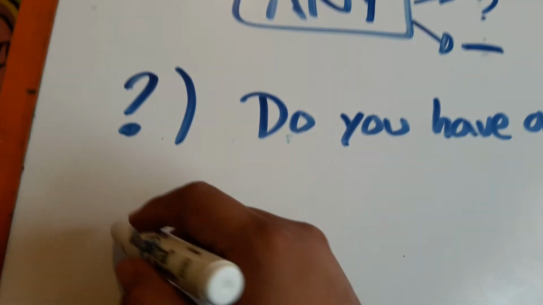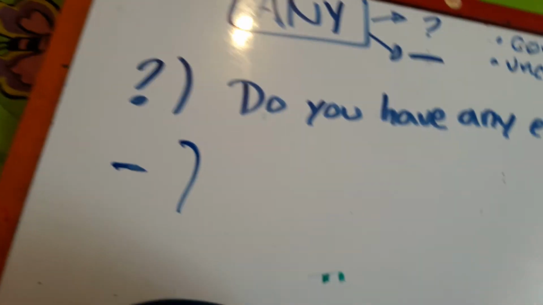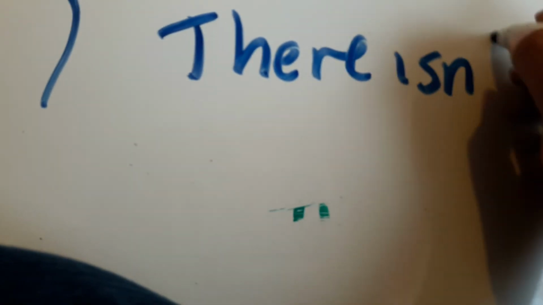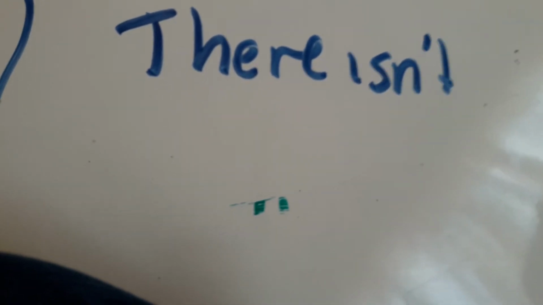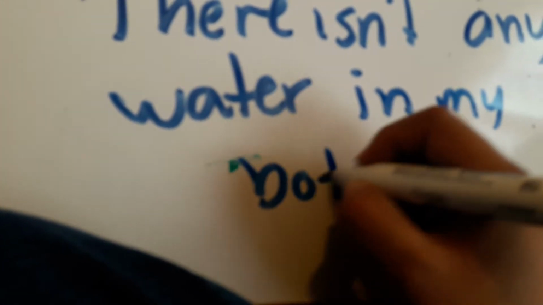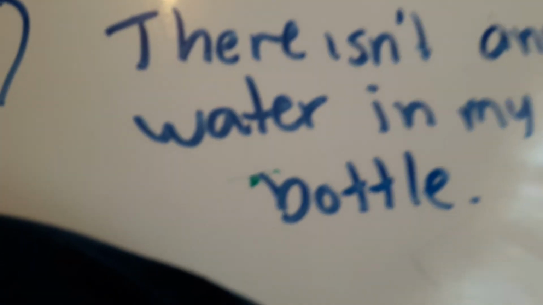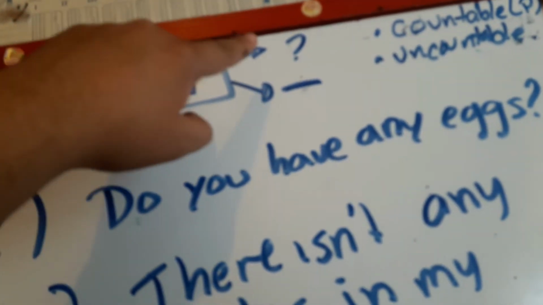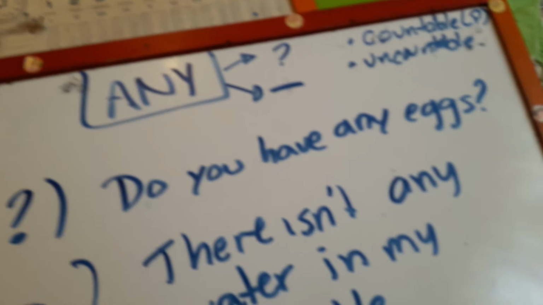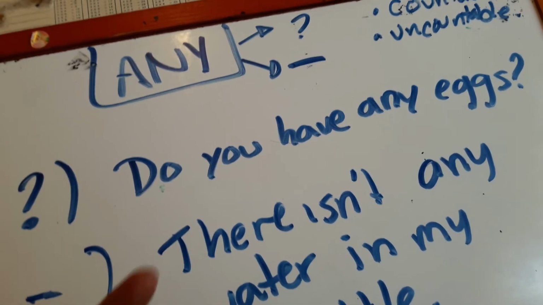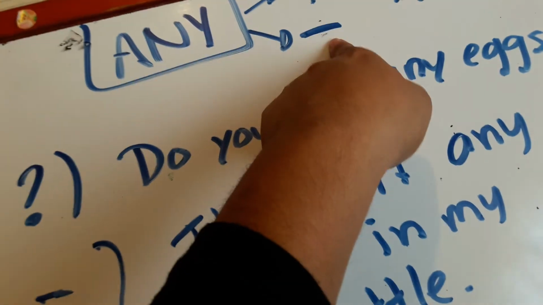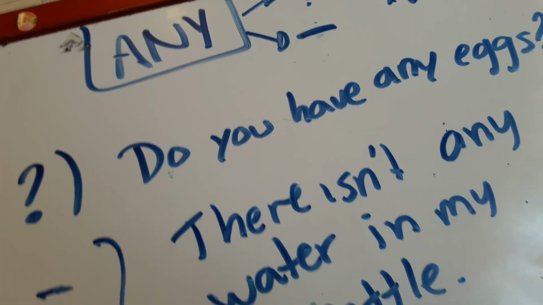Okay, so let's do the second exercise of negative. Negative way is going to be like, there isn't any water in my bottle. Okay, so here we have two meanings of any. For question in Spanish means like algún, algunos. For negative, it's same like ningún, ningunos. Okay, so